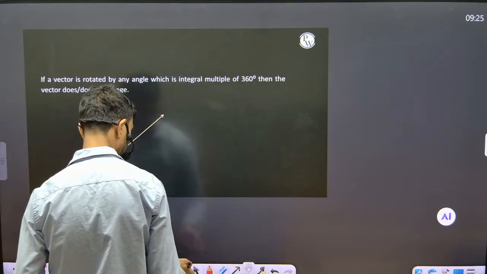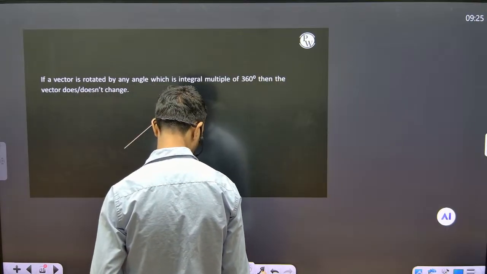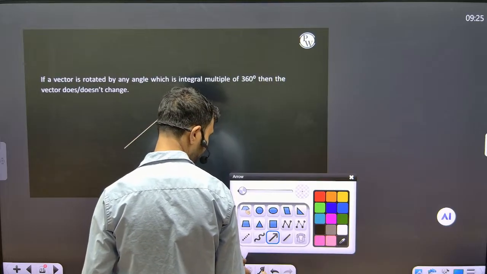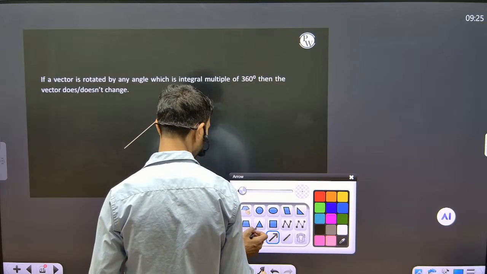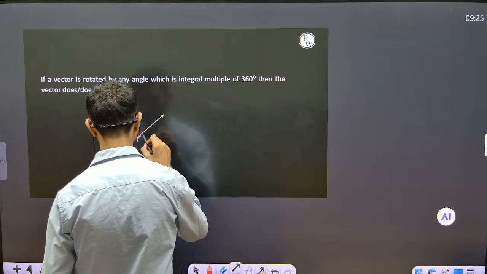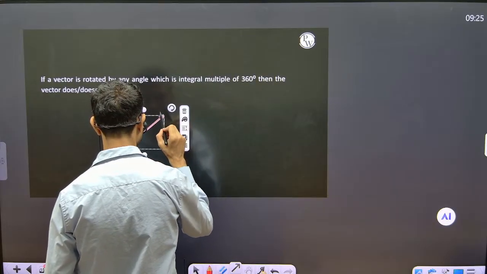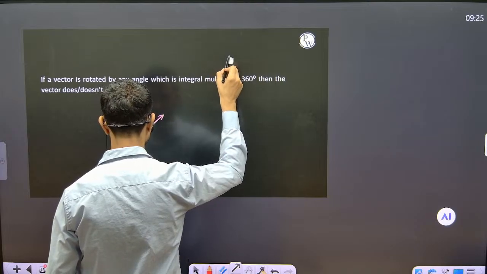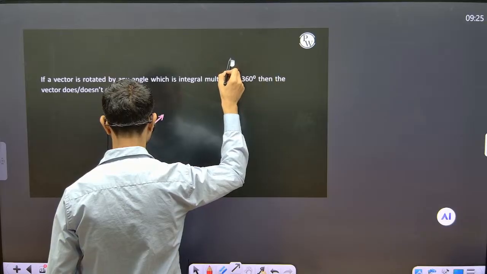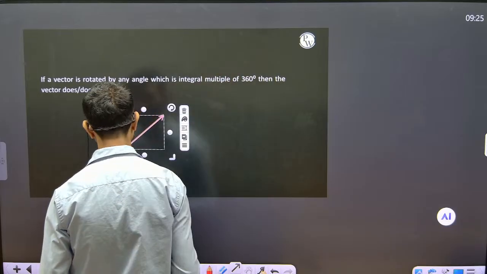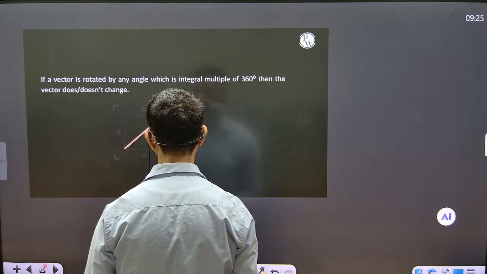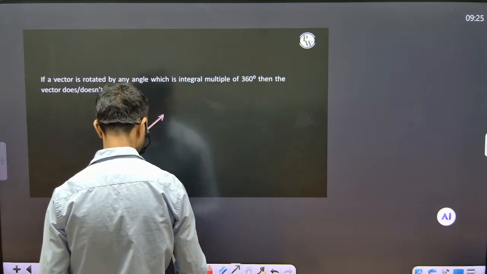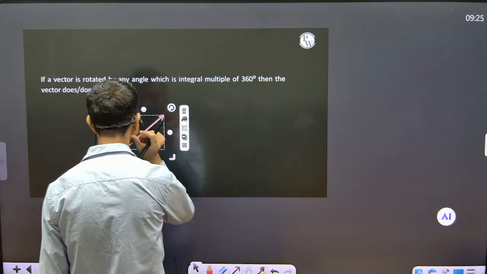Let's see that. So for that I'll again pick up a vector. Let's say this vector. And if I rotate it by an angle of 360 degree,